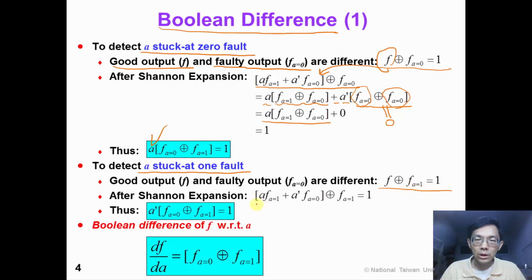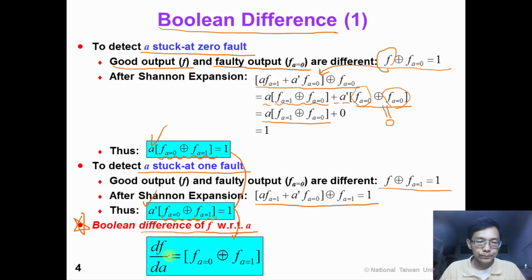After Shannon expansion, we can rewrite it in this way, and similarly, we will get a function a prime times the positive cofactor exclusive or the negative cofactor equal to 1. If we compare these two equations, we would observe that the centers of these equations are identical. So we can define a useful term, the Boolean difference of f with respect to input a,